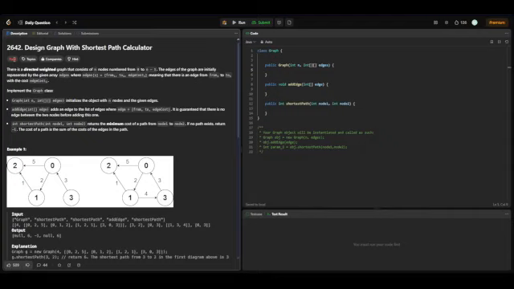Okay, so hello people. Today we'll be solving LeetCode daily question 2642, that is Design Graph with Shortest Path Calculator. In this, there is a directed weighted graph that consists of n nodes numbered from 0 to n minus 1. And the edges of the graph are initially represented in the given array edges, where edges[i]